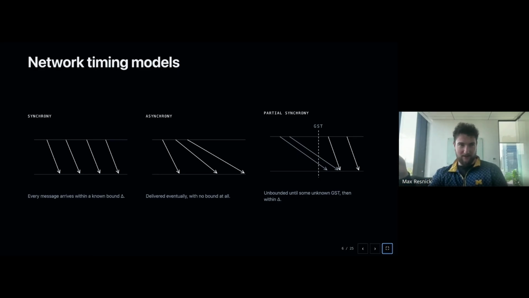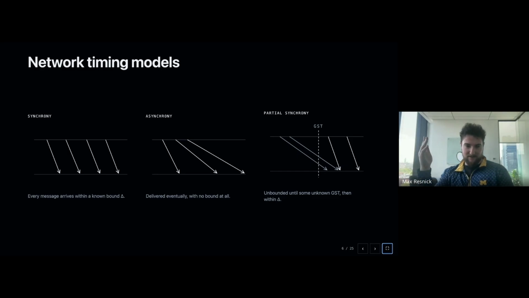I think light travels through fiber at about 0.4 of the speed of light. And so the round trip New York City to Tokyo is around 100 milliseconds. And so you're often going to think of delta as being around 100 milliseconds.